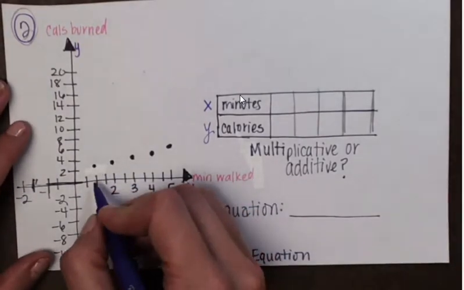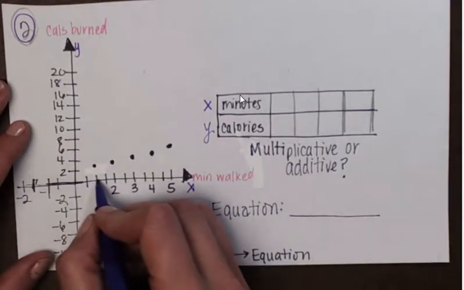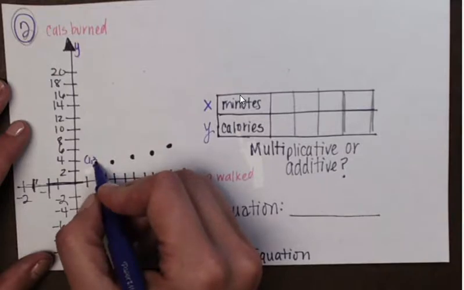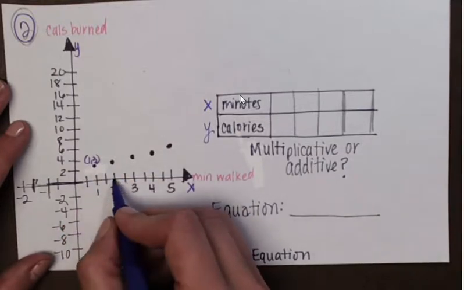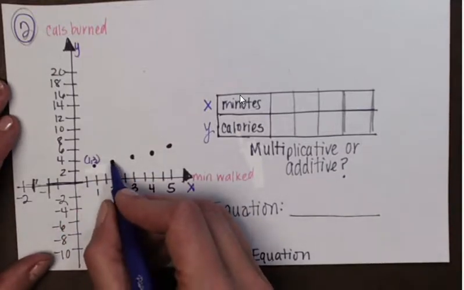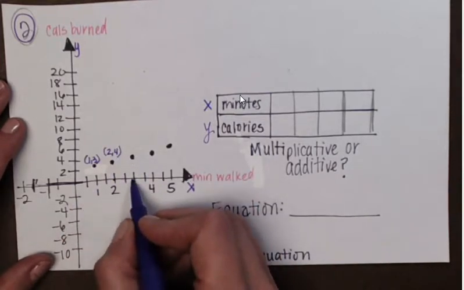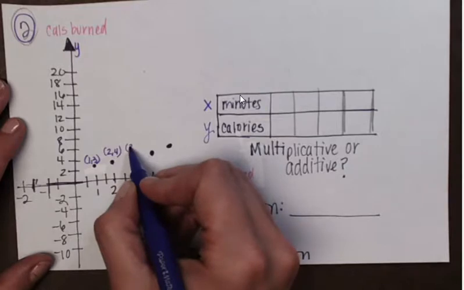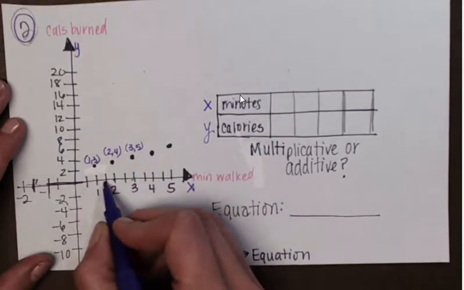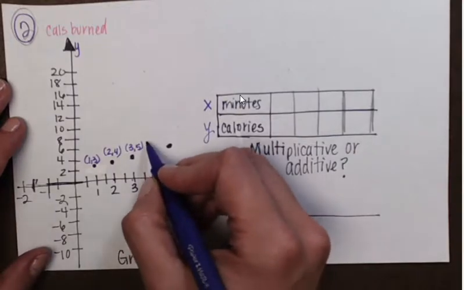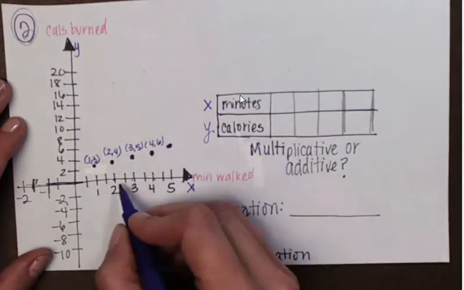Okay, so this point right here, the X is positive 1 and that's in between the 2 and the 4. So this would be 1, 3. The X-axis is 2 and you go on the Y-axis up to 4. Positive 3, positive 5. Okay. On the x-axis positive 4 and that looks like a 6, and then 5 and